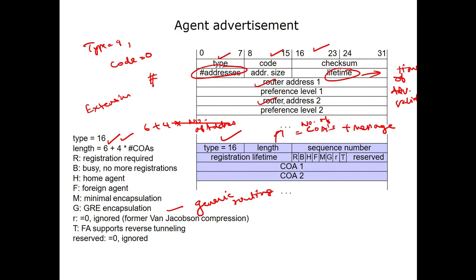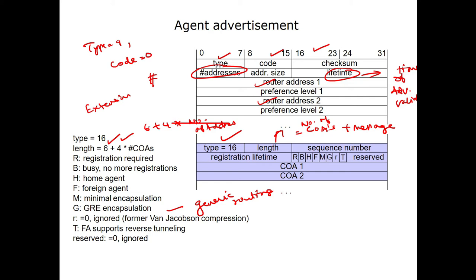So this is the agent advertisement format. In the agent advertisement format, bits 0 to 7 are called type, 8 to 15 are called code, and 16 to 31 are the checksum. So what is the type? The type value will be 9 and the code will be 0. So this will be the